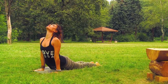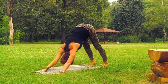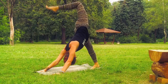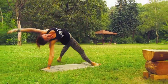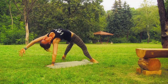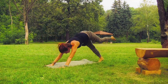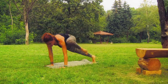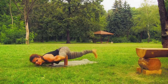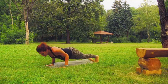Chaturanga, upward facing dog. Back to chaturanga, exhale, downward facing dog. Inhale the left leg up, open the hip, bend the knee, step behind, wild thing. Lift the hips as high as you can here and open the chest. And coming out of this, back into one-legged downward facing dog. Bring your left knee over your left triceps and lift into an arm balance and jump back, upward facing dog,